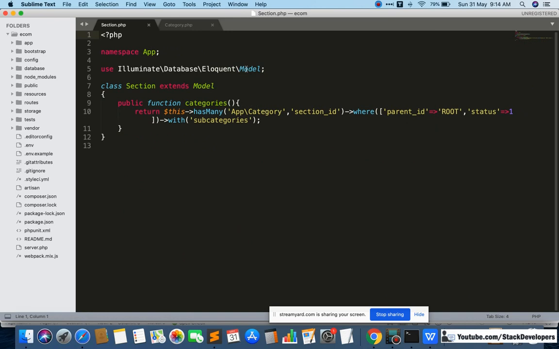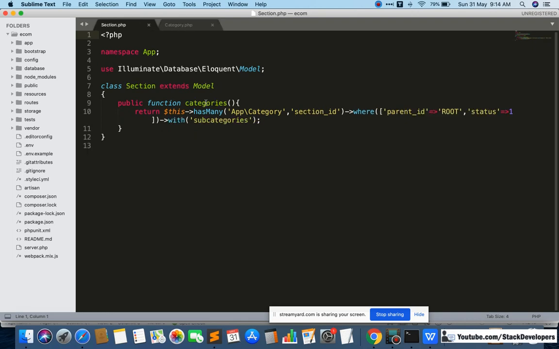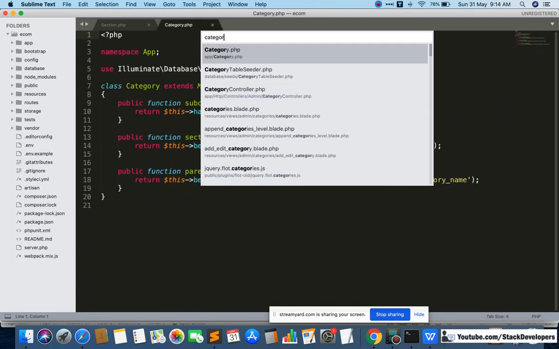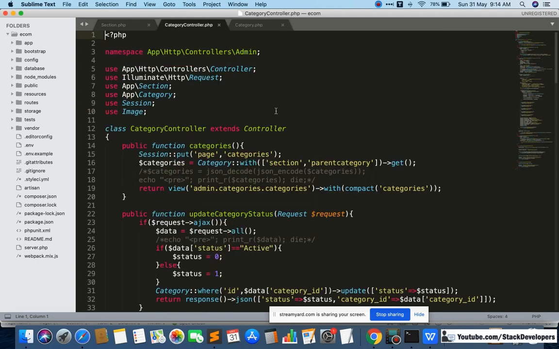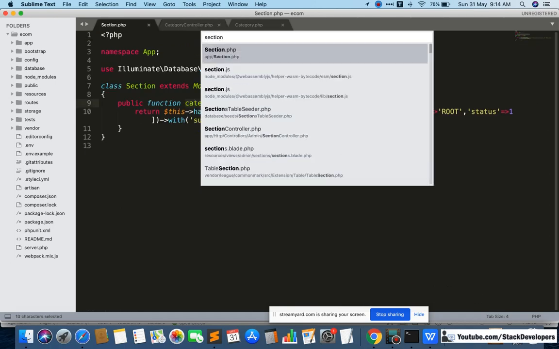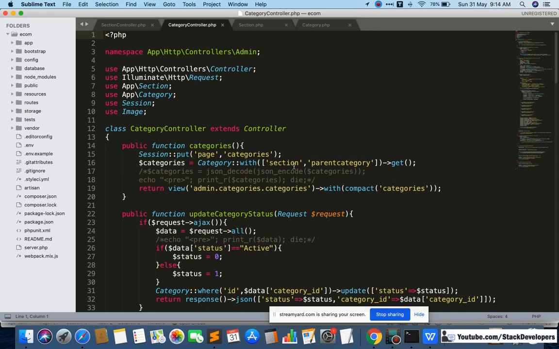I'm going to open the two controllers as well, category controller and section controller, so that everything is clear. We did these two things in the beginning.